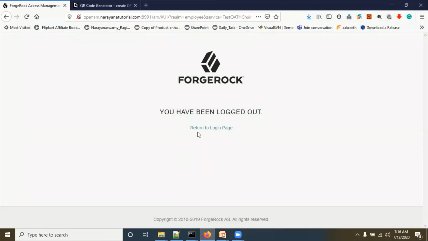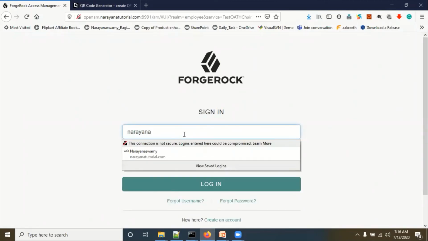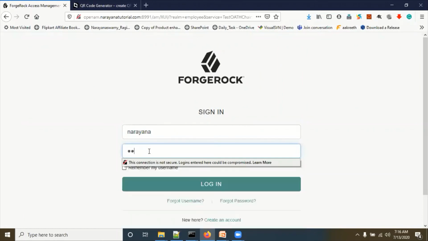Now login one more time. Type Narayana, admin. My password is admin1234. Click on login. Now it will generate one TOTP on the OpenAM server side.